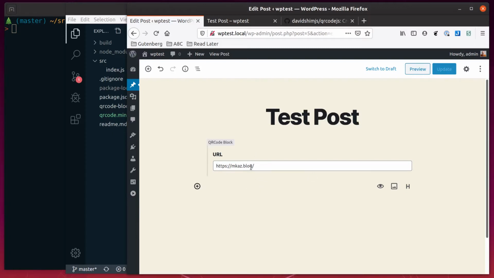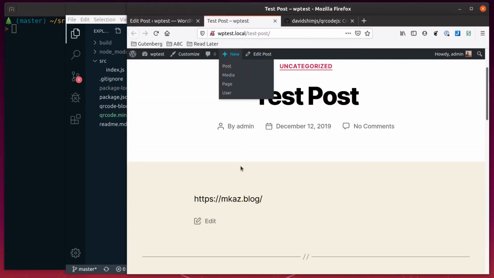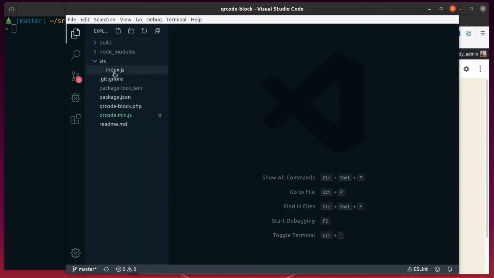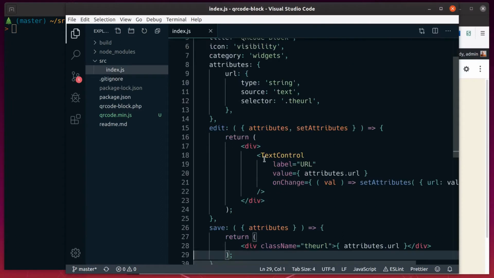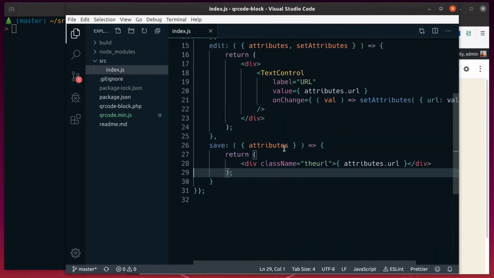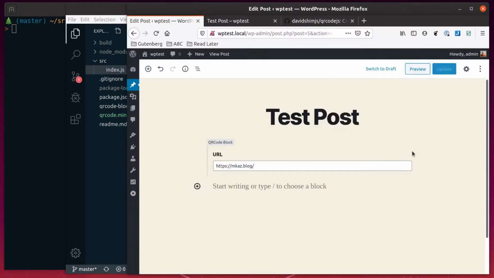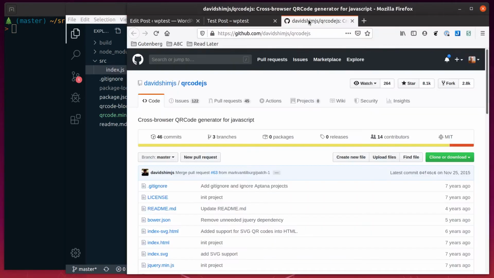So last we left, we had a prompt for the user to enter a URL, and if they update it and save it, they would view that URL on that page. And in the code in index, the edit shows the text control, and then the save is what's displaying to the user. So in this one, we're going to try and implement